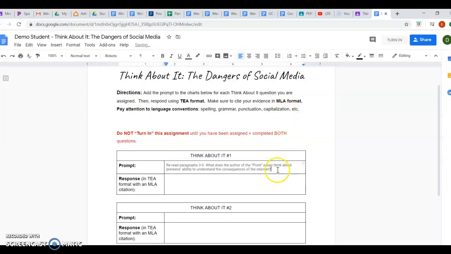I'm going to change the color on this so it's easier for me to read. All right, there are our instructions. Reread paragraphs 3 through 5. What does the author of the point essay think about preteens' ability to understand the consequences of the internet? Obviously, we need the study copy. So let's go open that.